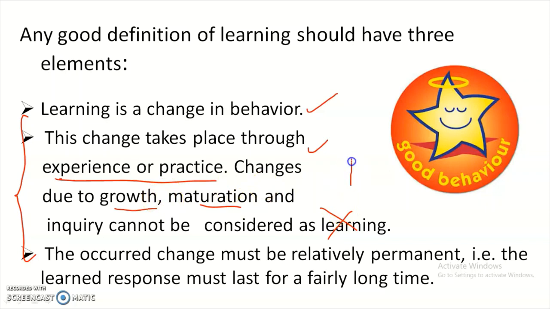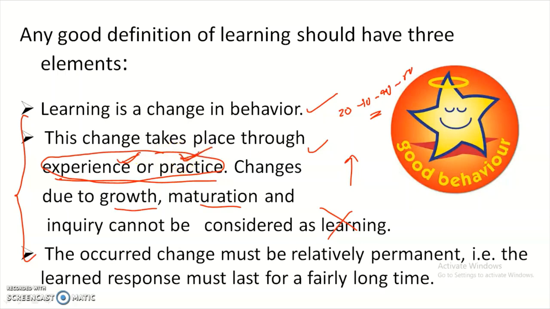So if you are growing and maturing, all these things are not considered as learning. Whatever experience you got and whatever practice you did, whatever you are getting from these two processes is called learning. Then only it will change your performance and the way of thinking. Why? Because if you're simply growing from 20 years to 30 years, 30 to 40, and 40 to 50 years without learning anything, it does not mean a change in your behavior. So we have to learn something from past experience, and from the doing, by keep on practicing.